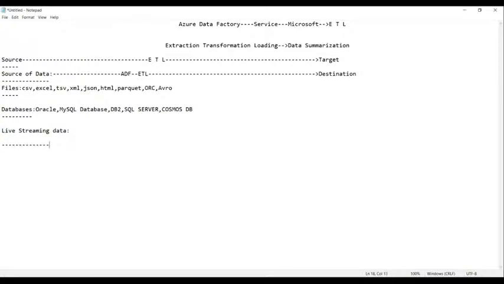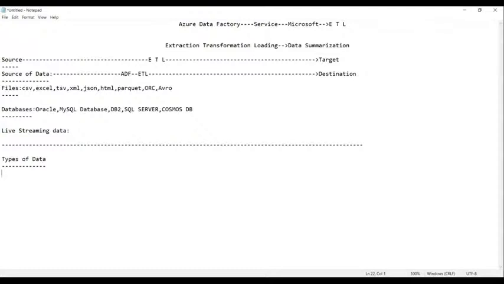Okay, now afterwards, let's see the types of data. We know from what sources we get the data, but now let us see what the types of data are.